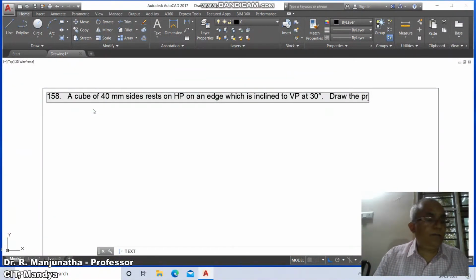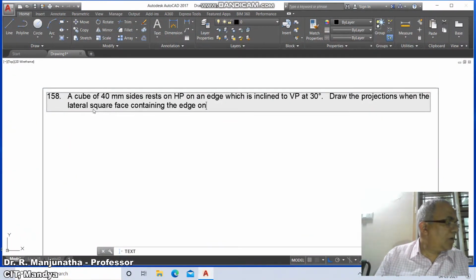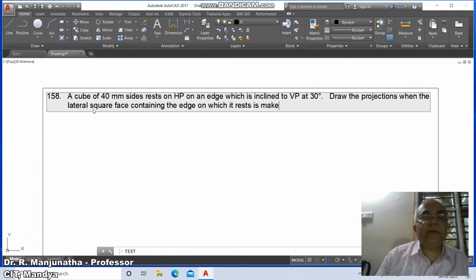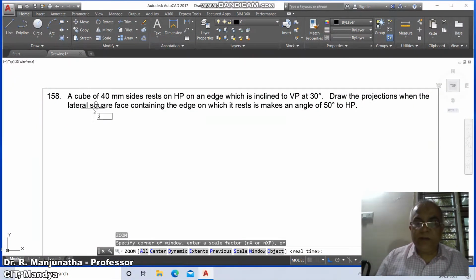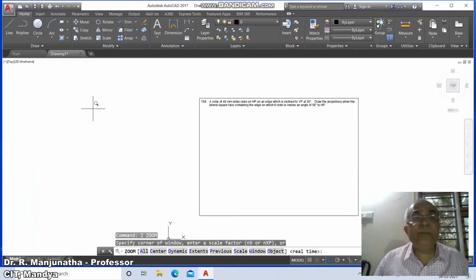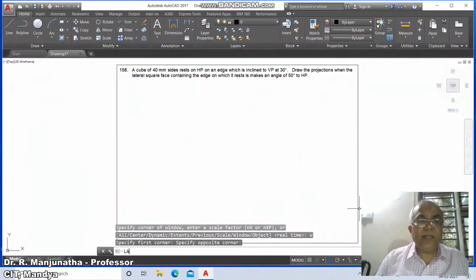Draw the projections when the lateral square face containing the edge on which it rests makes an angle of 50 degrees to HP. Then go to zoom previous, then go to zoom window, take it near to the screen and then go to layer,